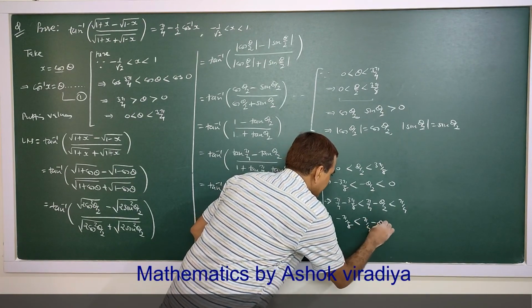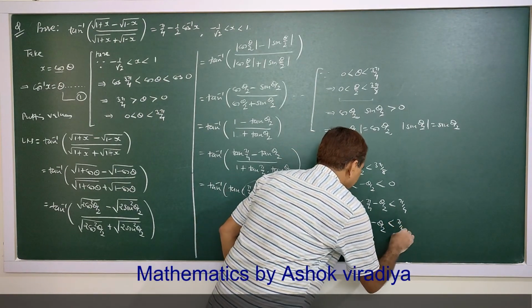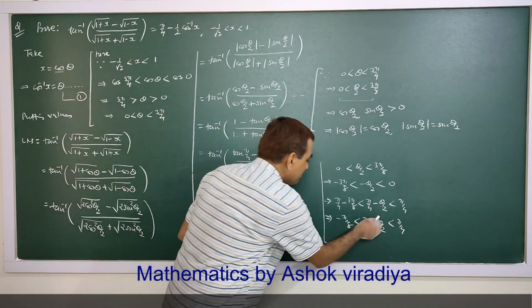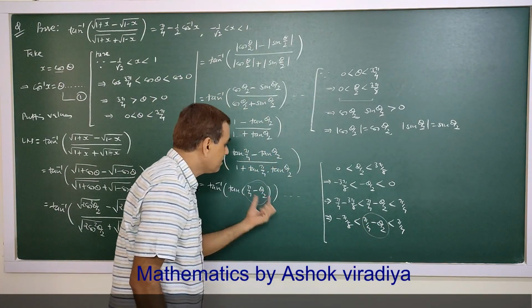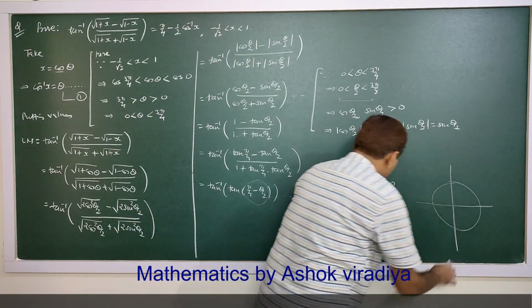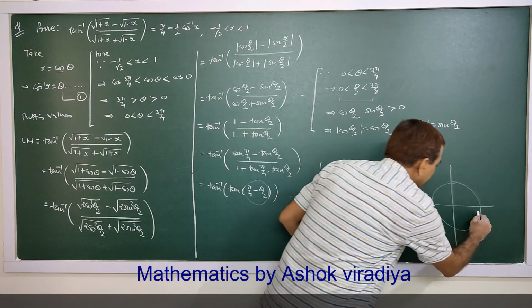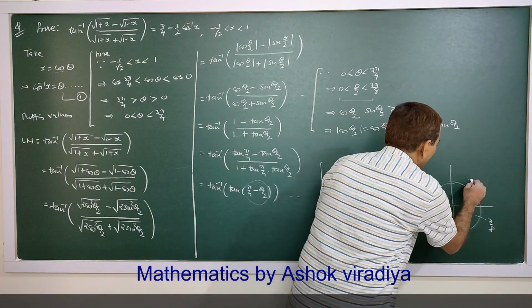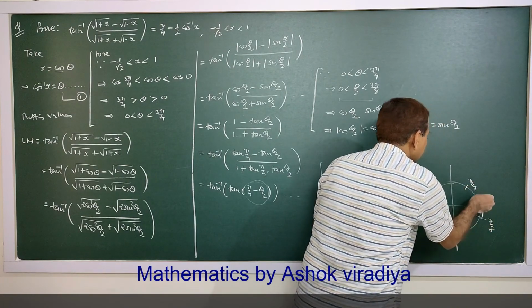So pi by 4 minus theta by 2 lies between minus pi by 8 and pi by 4. Let me call this number alpha. So where is alpha? Alpha belongs to minus pi by 8 to pi by 4. Alpha lies in this interval,